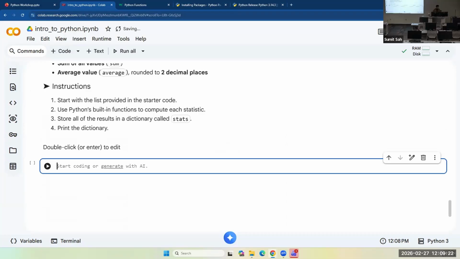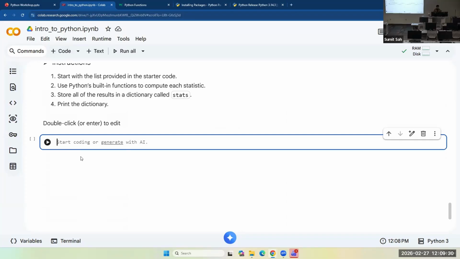So without any further delay, I want to talk about libraries now, and how you can import them. You can simply import libraries using the keyword import.